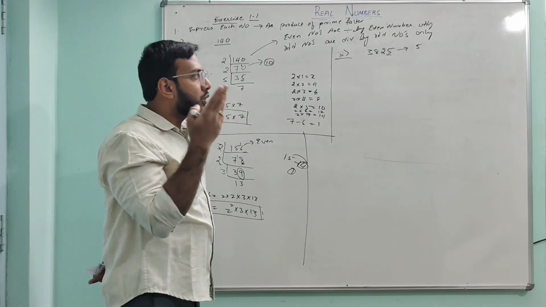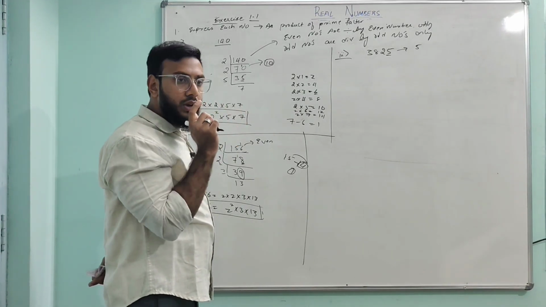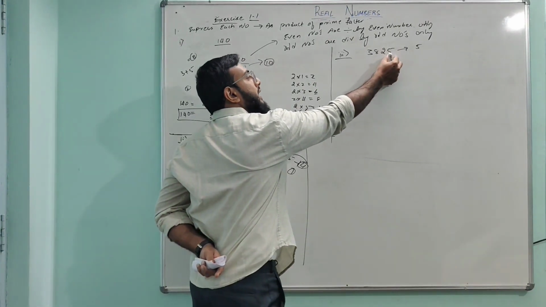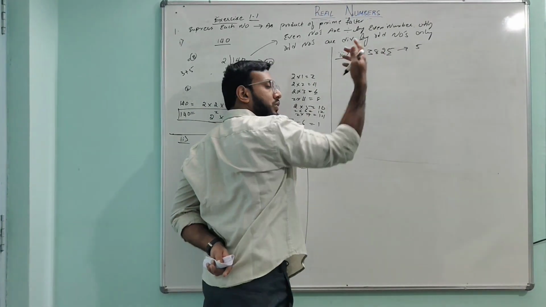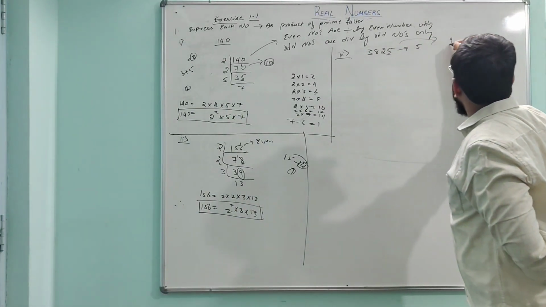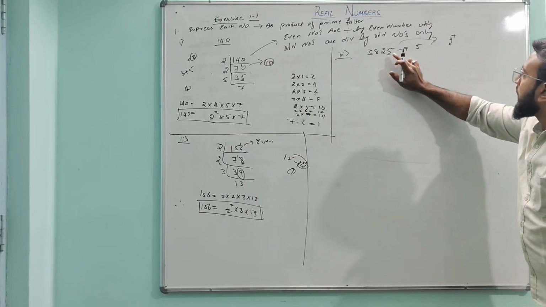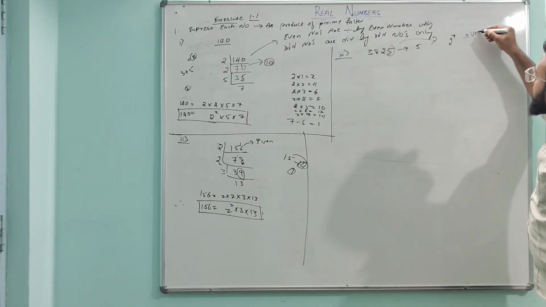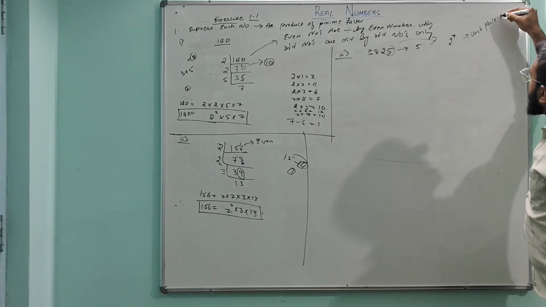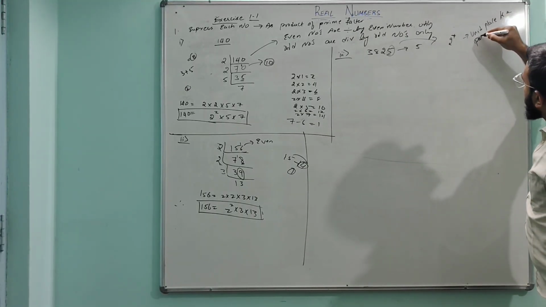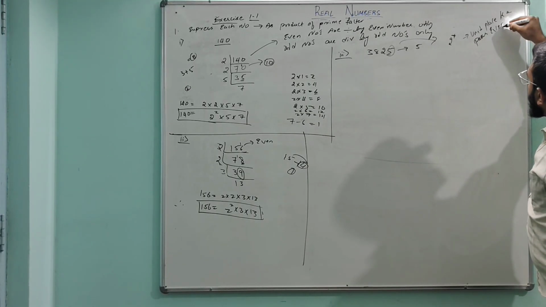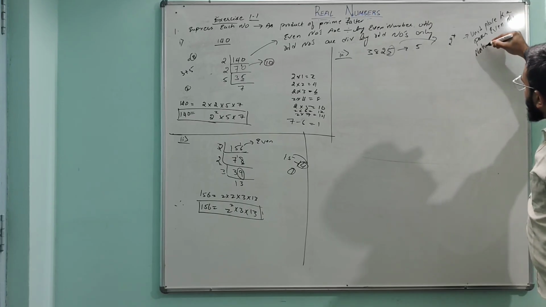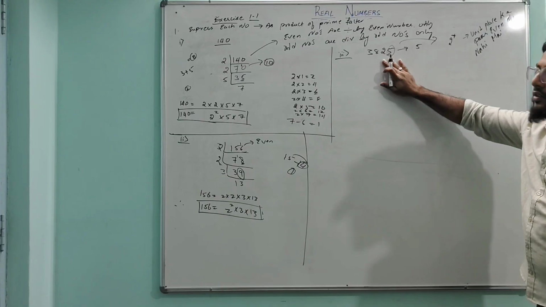After 2, obviously we can't do it with 2, क्योंकि यूनिट प्लेस के पास इवन नंबर नहीं है, तो 2 से नहीं होगा। तो क्या करेंगे? 3 से ट्राई करेंगे।